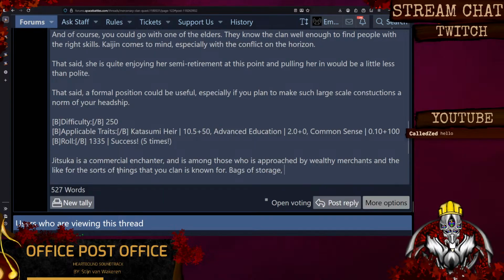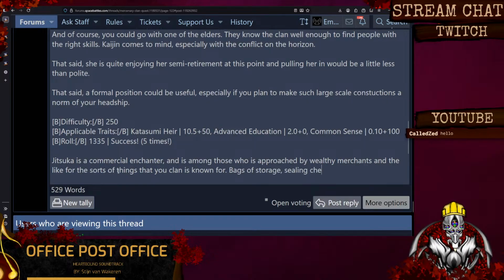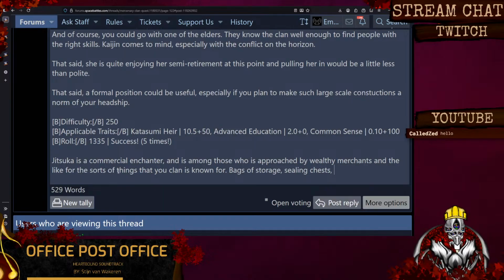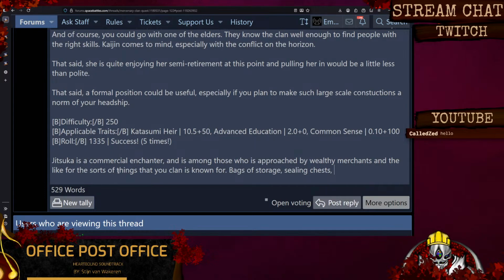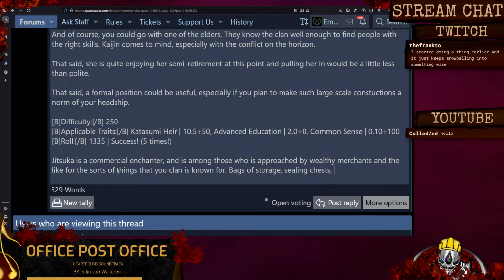Bag storage, ceiling chest. Ooh, what is this thing? Bags of